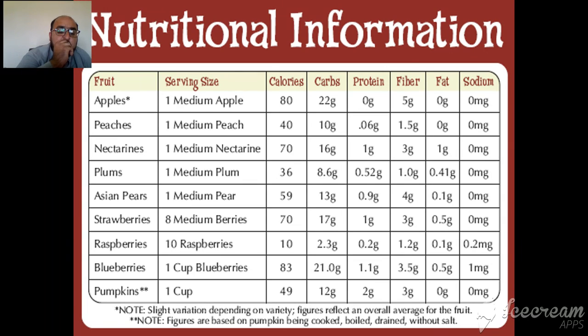While pumpkin, 1 cup of pumpkin, will provide you 49 calories of energy, 12 gram carbohydrates, 2 gram protein, 3 gram fiber and 0 gram fats, and many more. It should be noticed that there is slight variation depending on variety; figures reflect the overall average for the fruit, and figures are based